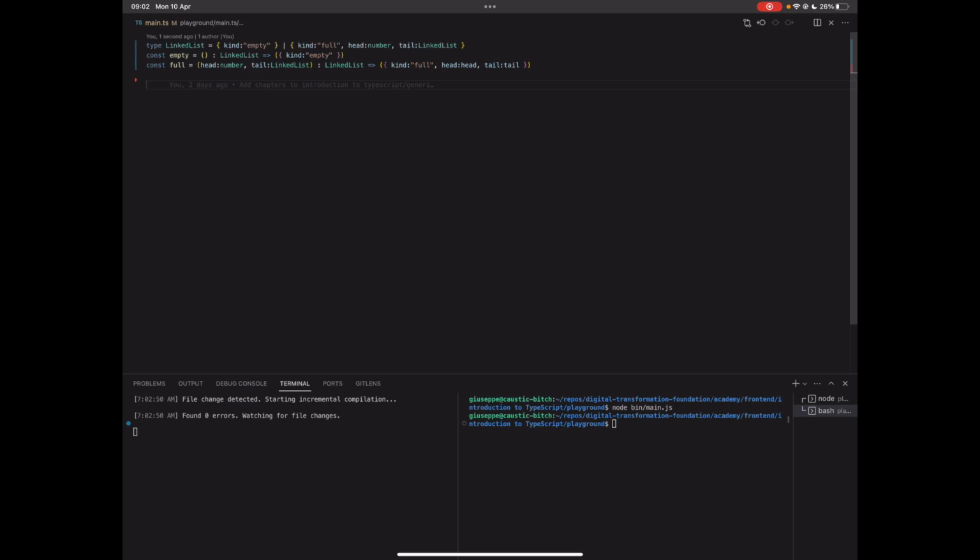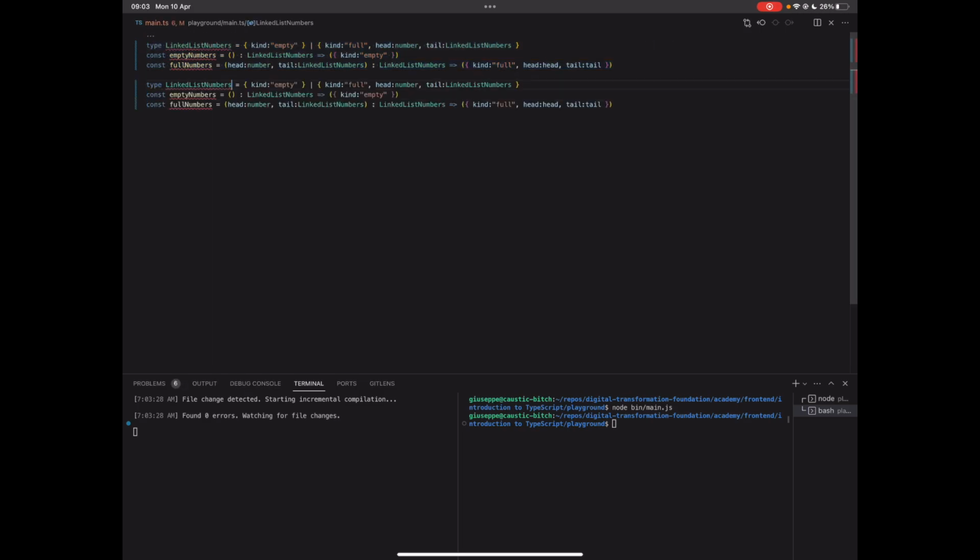Okay, suppose that in our application now we have multiple kinds of linked lists. So we have this linked list, which contains a list of numbers. But we also need a linked list which contains a list of strings. And later, a linked list which contains a list of people, and so on. So one might be tempted to, okay, you know what, rename this to linked list numbers. Then we could say that this is empty numbers. This is full numbers. This is quite ugly already, but at this point you can perform the very simple copy-paste